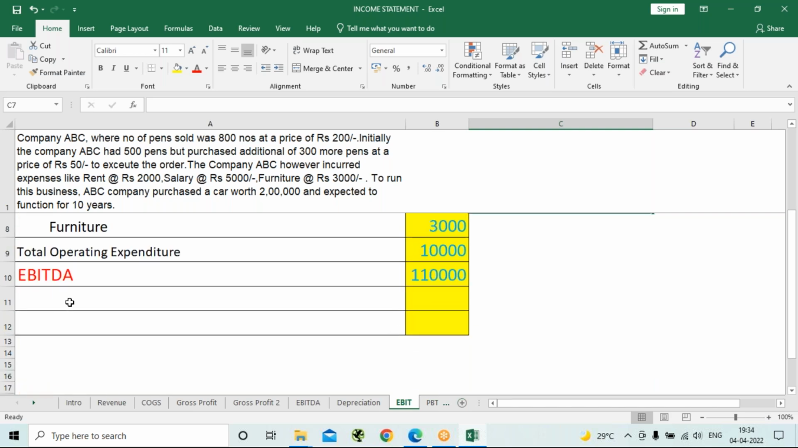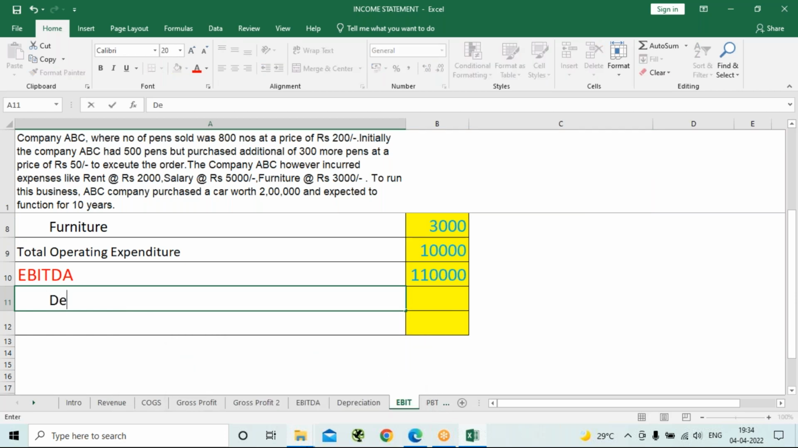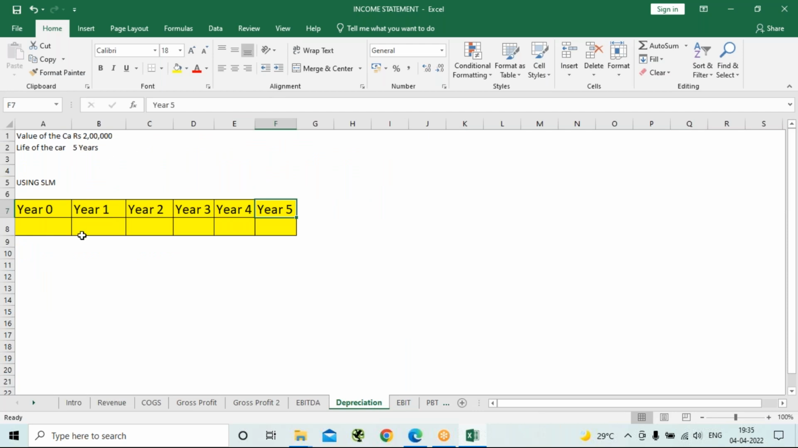Okay, so now the next thing is we have to calculate the depreciation. How will the depreciation calculation be done? There is a separate sheet specified here as the depreciation, using SLM, that is the straight line method. So here, if you see, in year 0,